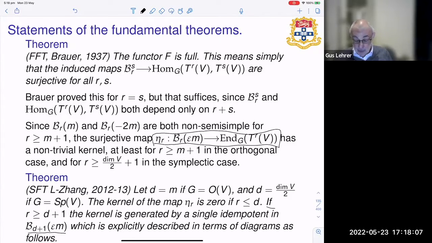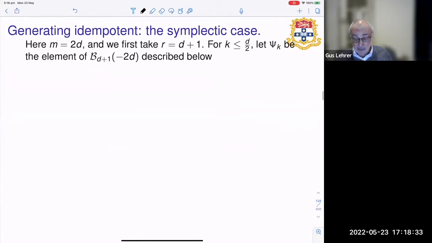I'm going to give you a description. The description is actually easier in the symplectic case than the orthogonal, so I'm going to start with that. Right, so let's start with the symplectic case. It's 2D, and we take R to be D plus 1. So for K less than or equal to D plus D over 2, define the element psi K in the Brauer algebra